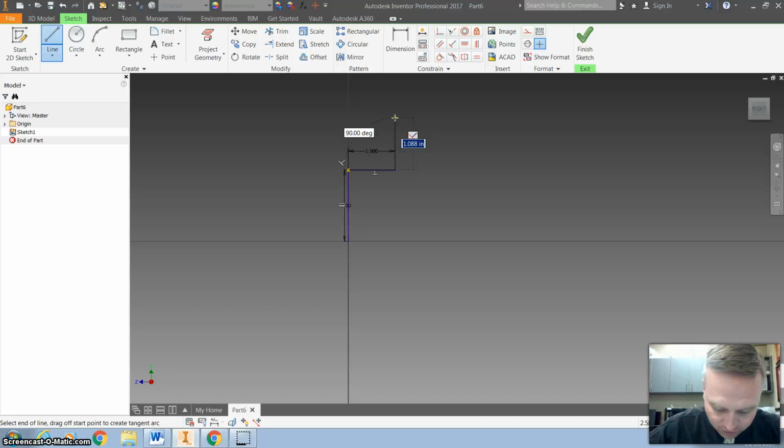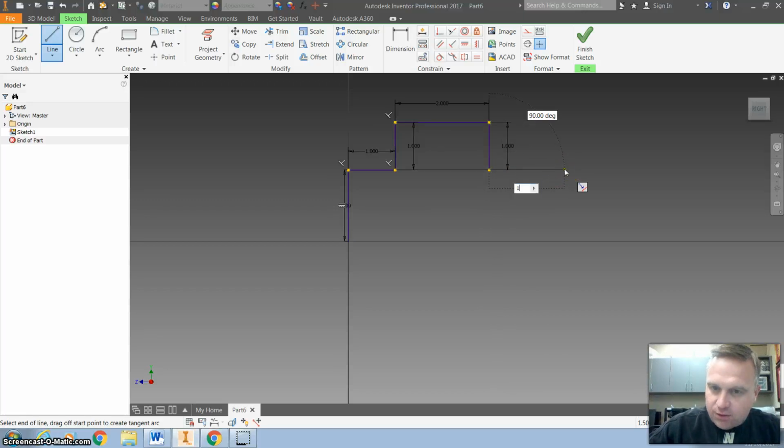And I'm just going to continue sketching out that geometry. From there, it is 1 inch high. So I'm going to go up in the height dimension 1 inch. I'm going to go over in the width dimension now 2 inches. Down in the height dimension 1 inch. Over in the width dimension 1 inch. Down in the width dimension 1.5, and I can also just come over to this line and see that it's the right distance. I will then go over in the width dimension 0.5,